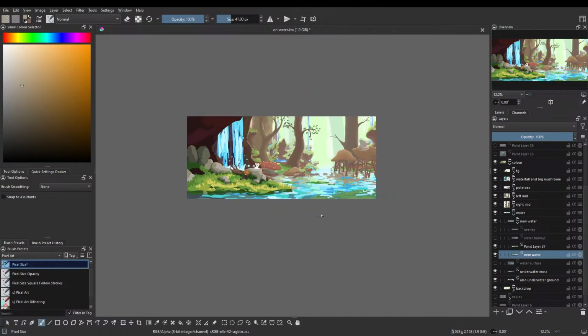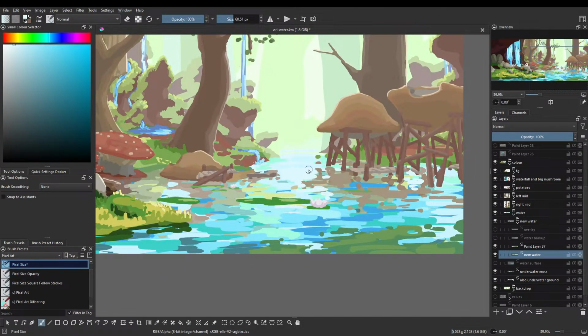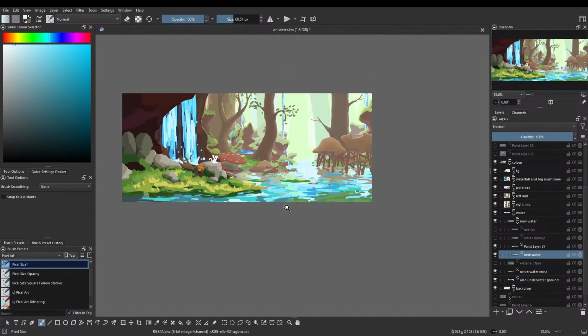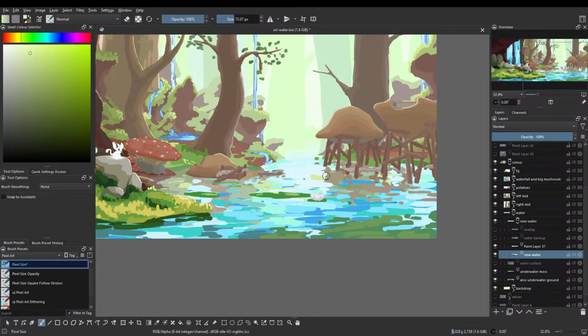A little bit of this, and then get rid of all of this brown from the middle. That's the main point of changing this. I think this is a big improvement.